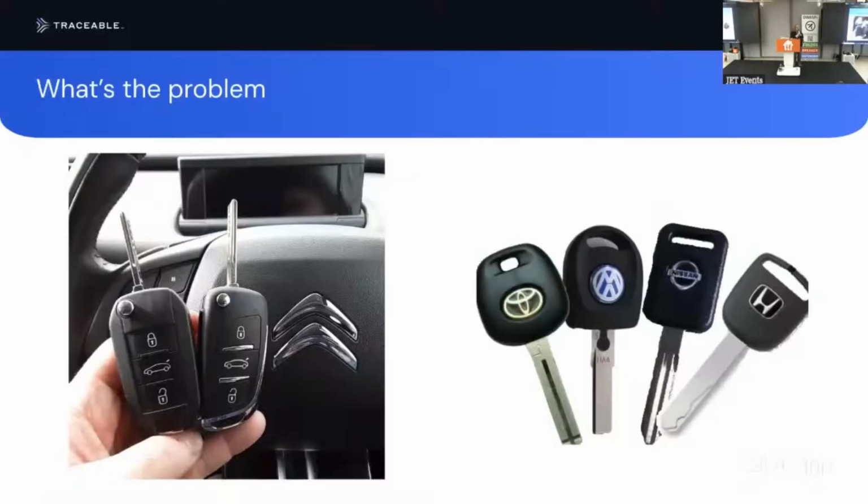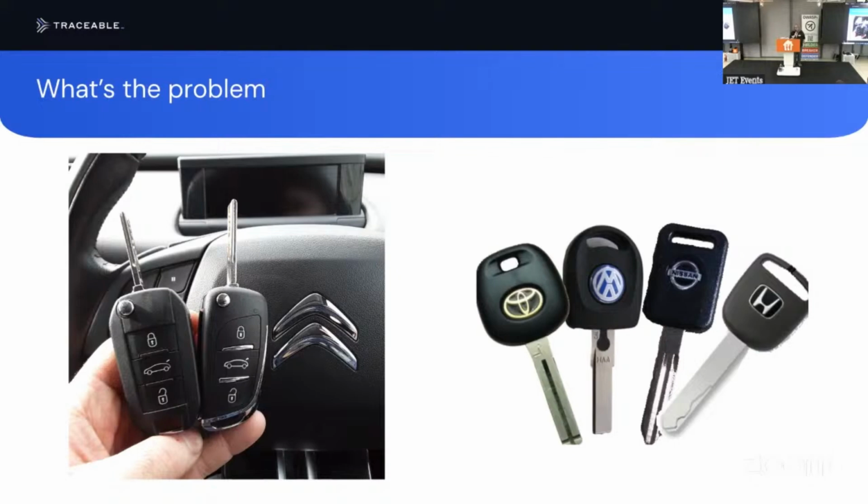So, access control. What is the problem? Well, you have a car, maybe. I have a car. I don't know how common cars are in London, probably a lot less. If you have a car, you have a key. Nobody else's car key should be able to open your car, right? Well, not quite, because actually keys aren't quite as unique as you previously thought. And if you damage your key in some way, or you lose your key, you can still buy a new car key. There is a way to program that.